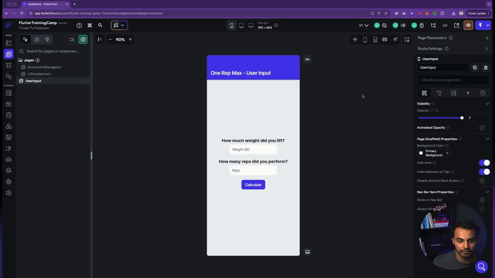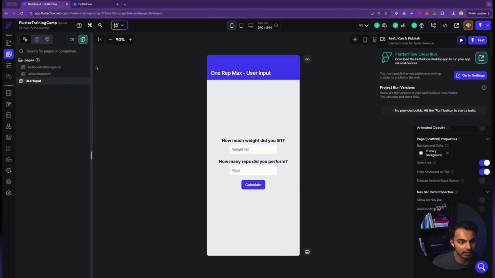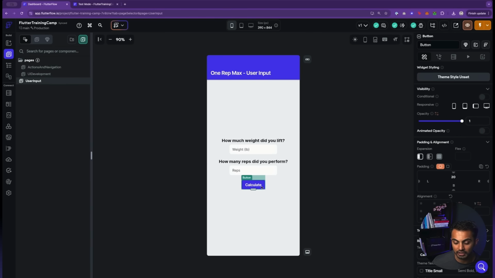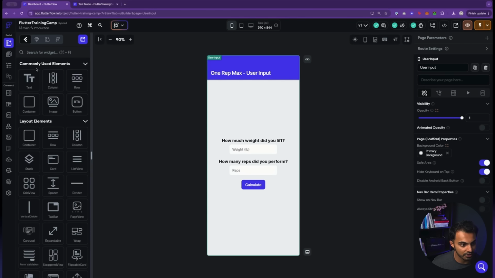All right, so let's finish up the functionality for our 1 rep max calculator by tying the knot on page state. I'm gonna go ahead and spin up a test mode simulator just to get this going, but we can get going on implementing the functionality. So just like that example I gave you a moment ago with the shopping cart, essentially every time a user hits this calculate button, we're going to run the calculation to calculate the 1 rep max, and then we are going to update page state to update a value on the page. So first, let's create that value.